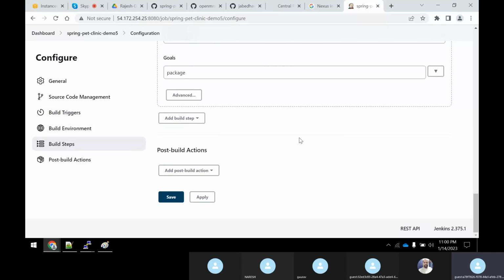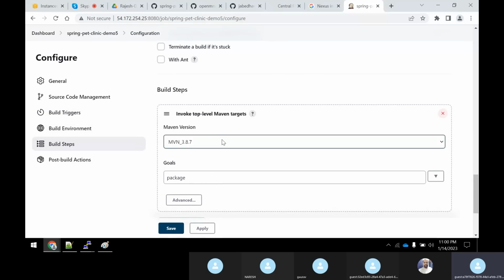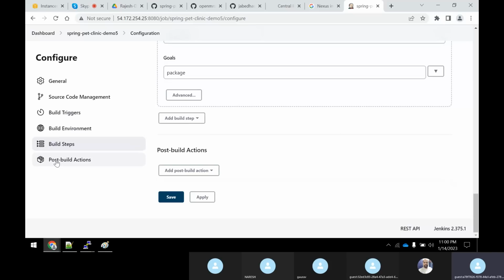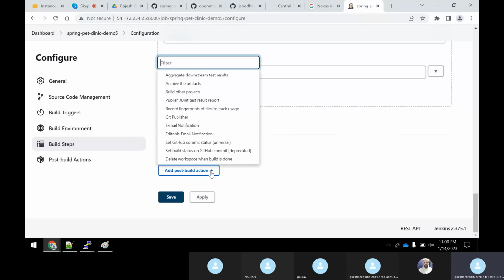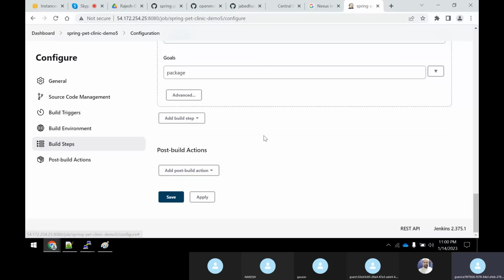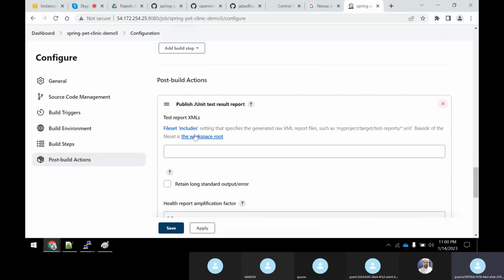Okay. Now after the build step is done, there is something at the end known as post build actions. What is it, guys? There is something known as post build actions. Now, if you come over here, can you see that there's publish JUnit test results, right? Click on this. Now you could see that there is something like publish JUnit results.